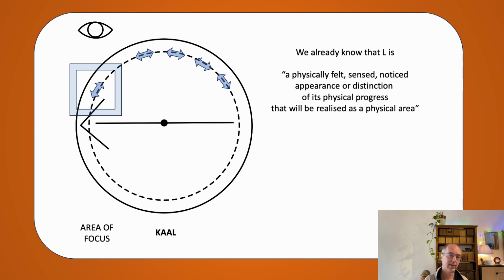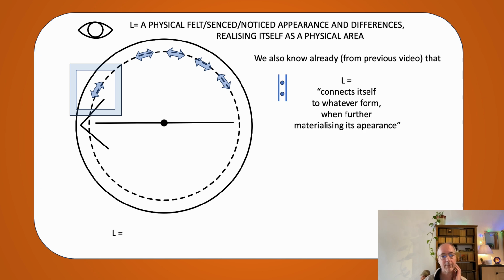And it is also part of a physical progress. So it is a physical area that is developed further because of a certain volume that is produced in it. We also know from the previous video, here are some connection points. To whatever it connects to, it will take over its form from where it is. So in the A form, it will simply follow the form further and connect to it further, materializing further its appearance of whatever it has.